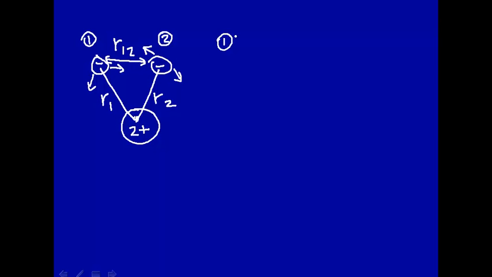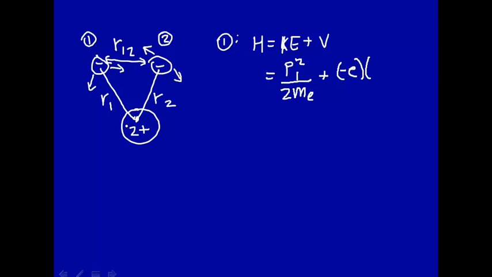All right, so let's look at electron 1. The classical Hamiltonian will have a kinetic energy term for that, plus a potential term. So the kinetic energy term will just be the momentum of the first electron squared over 2 times the mass of that electron. Plus, now let's look at the potential interaction, the electron-nucleus interaction. That's equal to Q1, the charge on the electron, which is minus e, times Q2, which is the charge on the nucleus, which is plus 2e,